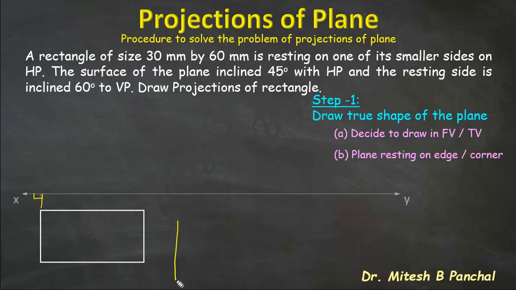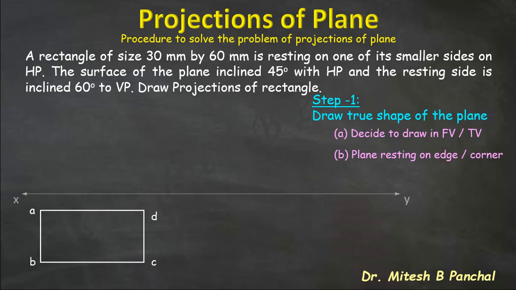So in top view that is fine, but we cannot draw the rectangle like this. If we consider this particular case, then the longer edge is perpendicular to xy. So this orientation is possible when rectangle is resting on one of its longer edges. In that case you have to go for this orientation. In this particular case, we have considered the rectangle is resting on one of its smaller edge, means on this particular edge. Now we know that when plane is parallel to HP, the top view is the true shape and